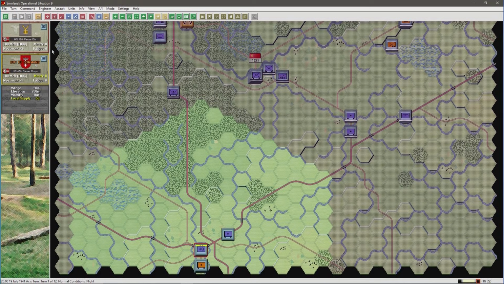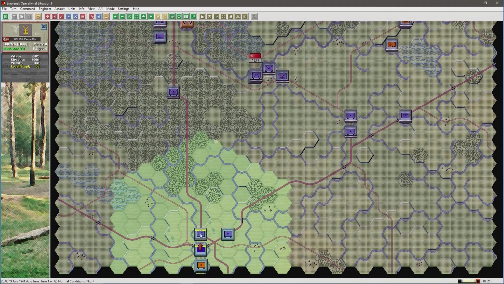Now because he's a B standard headquarter, his command range is +1, so it's actually 1 hex longer than what you can see. So what we're going to do is put him into transport mode, and when you go into transport mode, the headquarters is at 50% command range. So it's important by the time I end this movement,